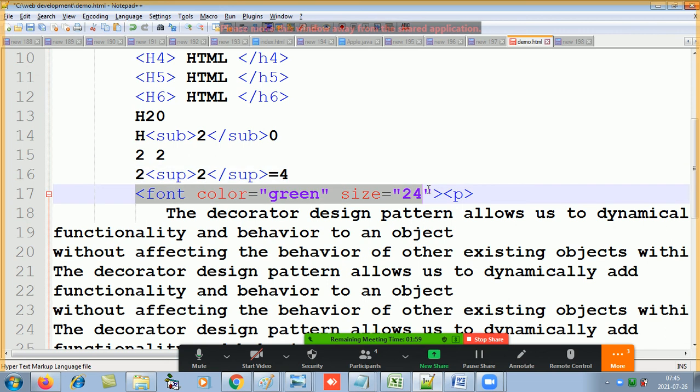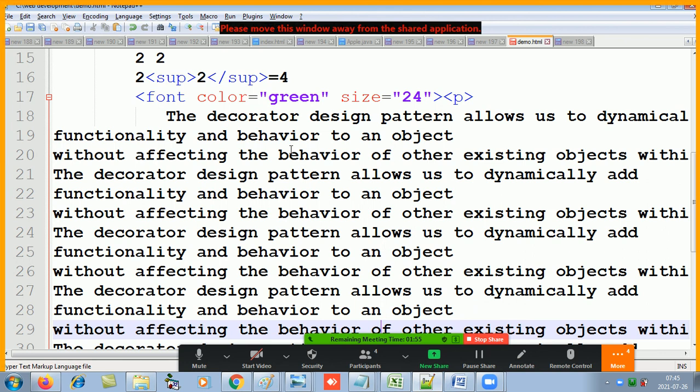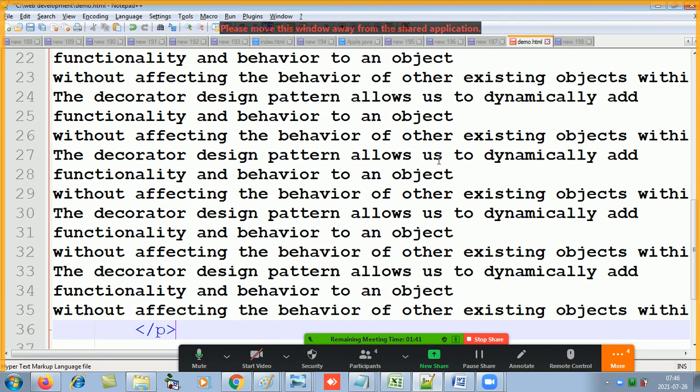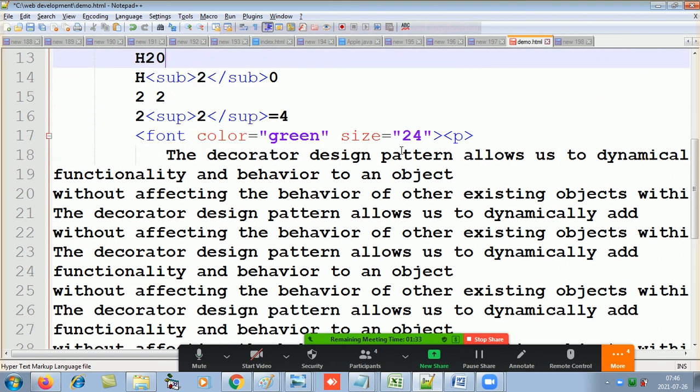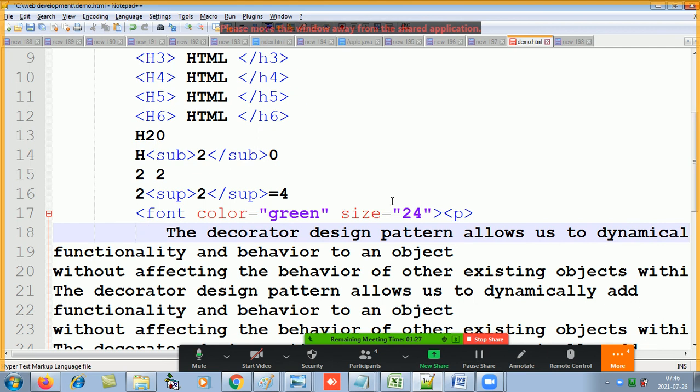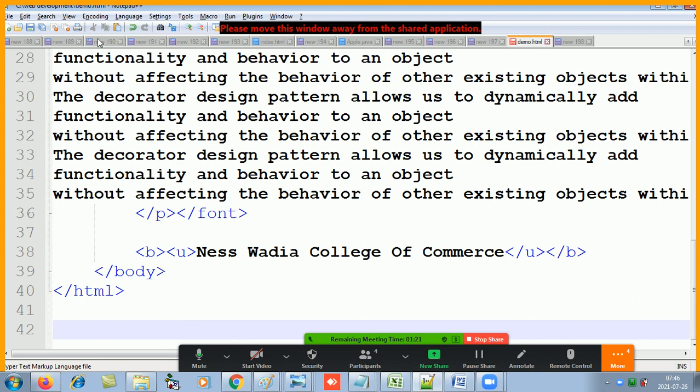While opening, I opened font first and P second. While closing, I'll do the reverse. I'll close P first and then font.